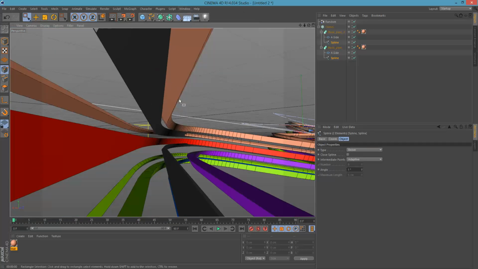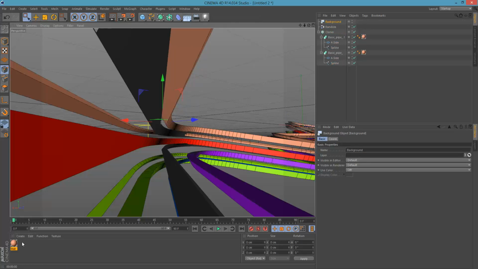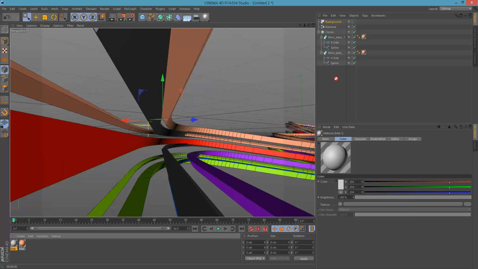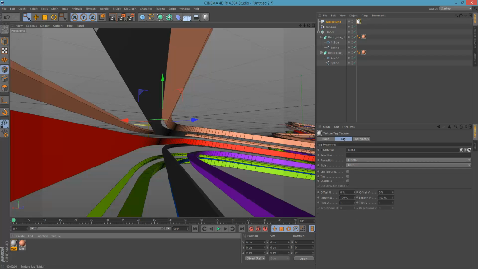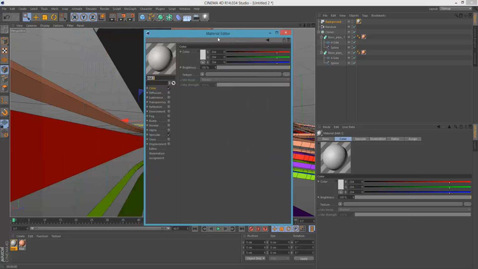To add the background in the scene, I need to go to this floor kind of icon, and then I'm gonna select background. To give the background a color, I need to make a material. I will drag and drop that material to the background, and then I will go to the color channel, and then I will add